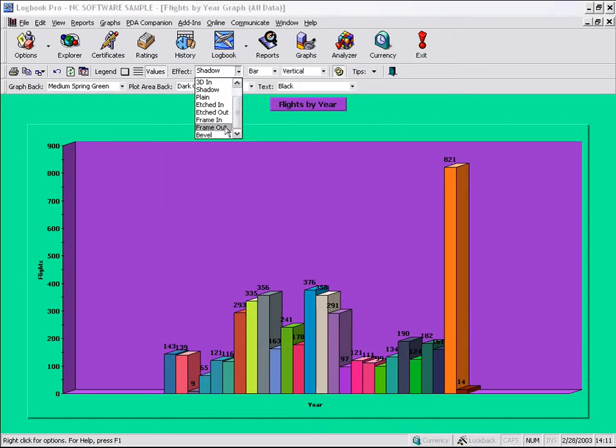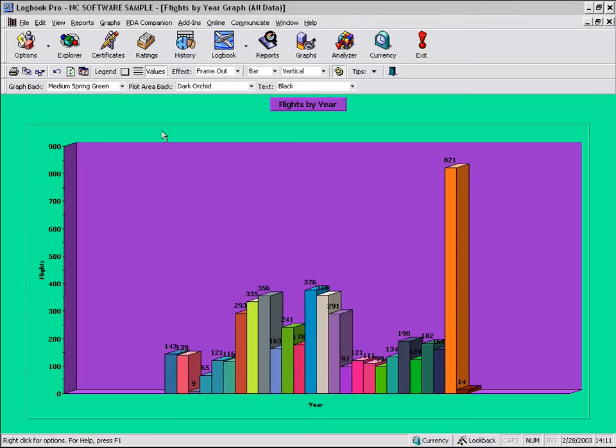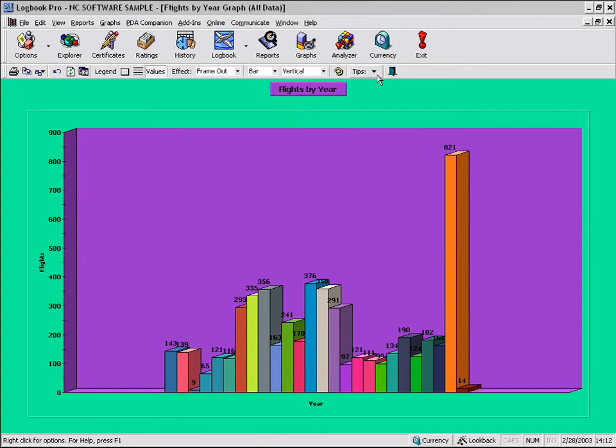As you can see, different effects you can set for your graph, and it will remember that. So when you come back to the exact same filter, in this case no filter, we're looking at all data. The filter is displayed up in the caption of the window for the application. So if you had a date filter, you would actually see the date filter criteria up in the main title bar. Let's go ahead and hide our formatting.